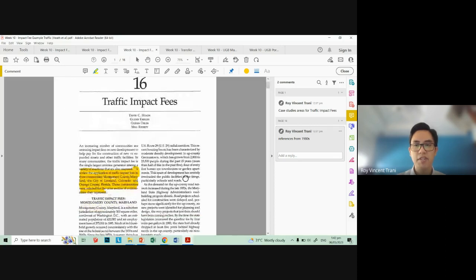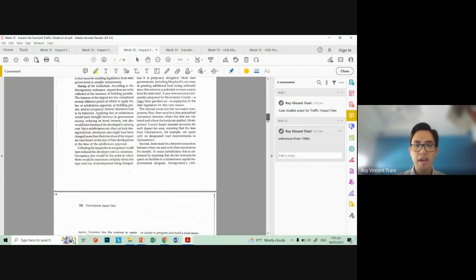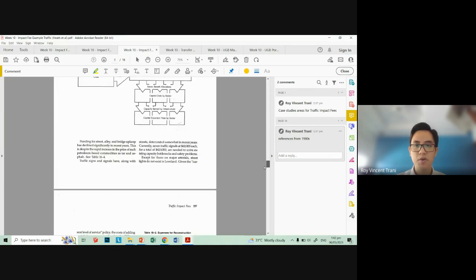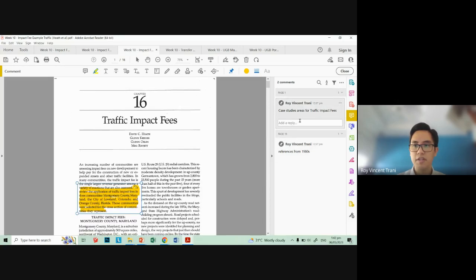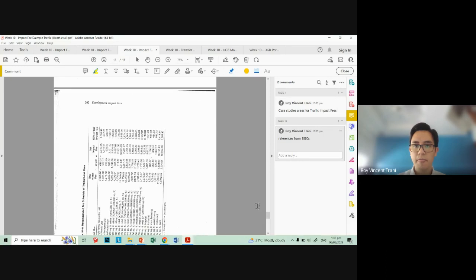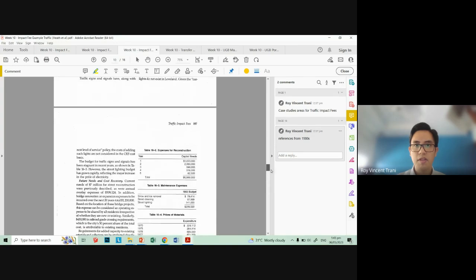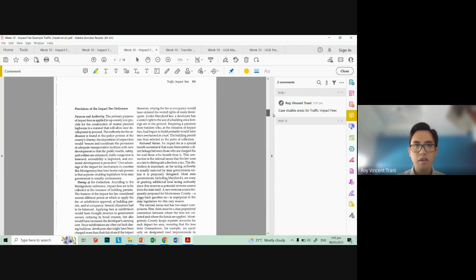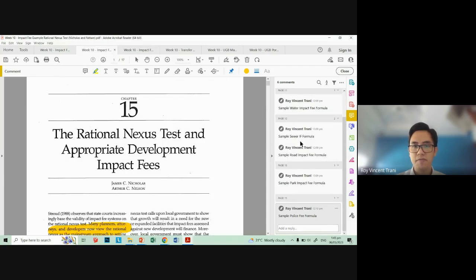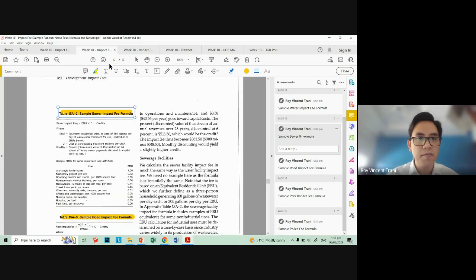the traffic impact fees. Because in this reference, although the main subject is traffic impact fees, they have an appendix which shows you the calculations for, where is it? Sorry, I thought I highlighted it. Was it here or was it? Oh, no, it's here. Sorry, it's in the second. Sorry, for some reason I got flipped around. Anyway,